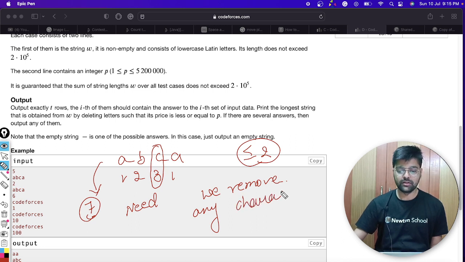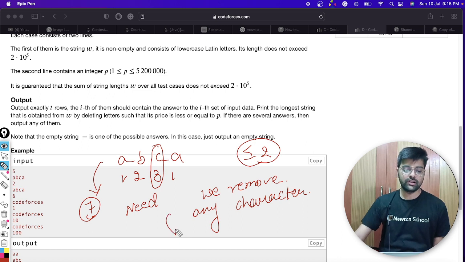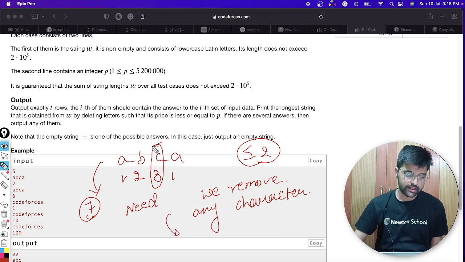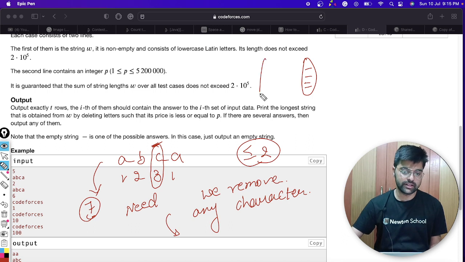Greedily, you can think that if you remove the character with the maximum score, then our score will decrease much faster while the decrease in the number of characters will be less.